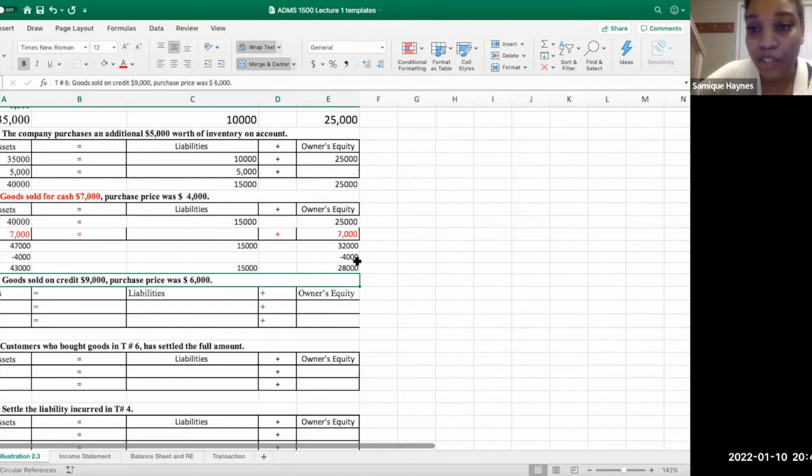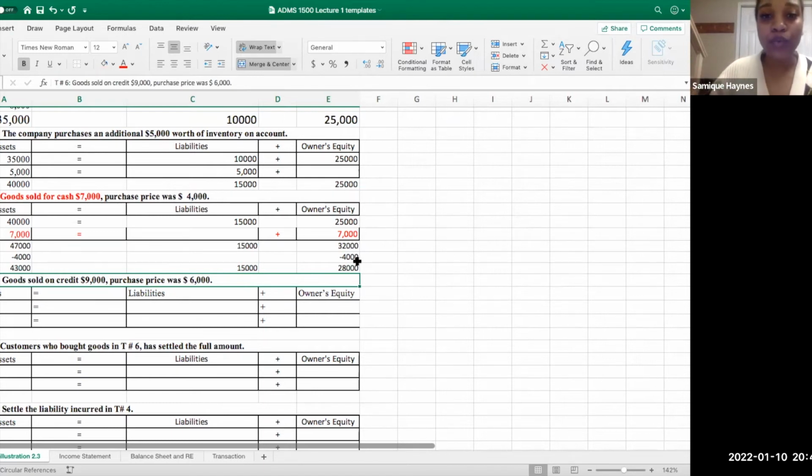So the cost of your inventory is probably $800, but when you sell it, you want to make a profit, so you're gonna sell it for $1,000, right? When you sell for $1,000, you get $1,000 in cash, and your equity goes up because you've made a sale, that's revenues. But then you realize in order to make that sale, I had to spend money on inventory. And the cost of it was $4,000 in this example, or in my example, the cost of your laptop was $800. So you're going to reduce inventory by $800 because now you no longer have that laptop in your inventory.